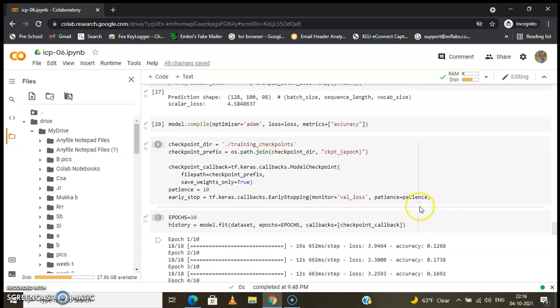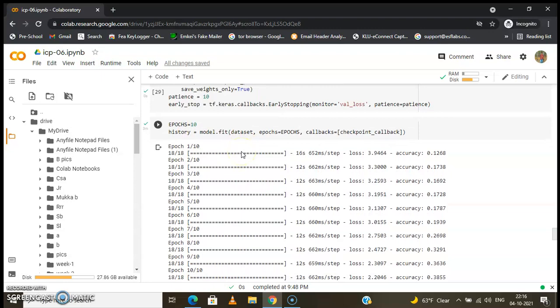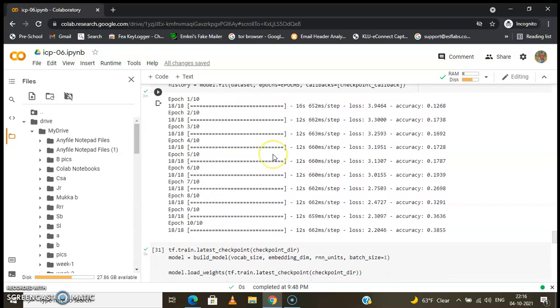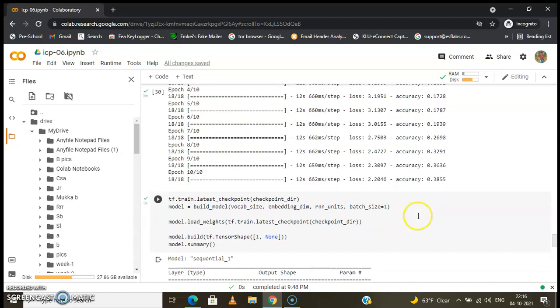Here with epochs equal to 10, we are training the model, and this is the history. We are saving the model parameters. As you can see, I have given only 10 epochs, and the epochs are increasing as you can see here. Once the model has been trained, we generate text.